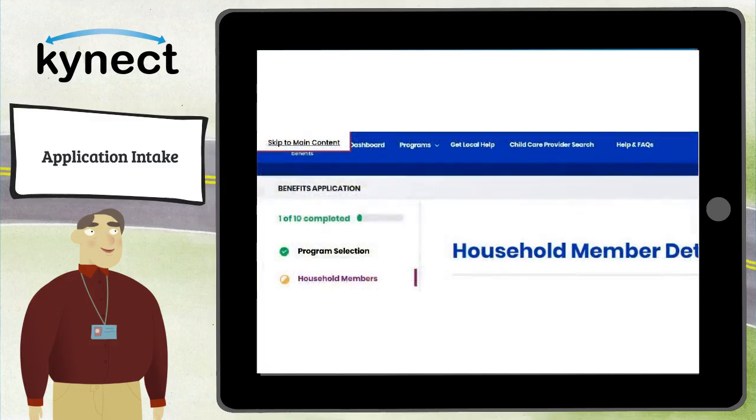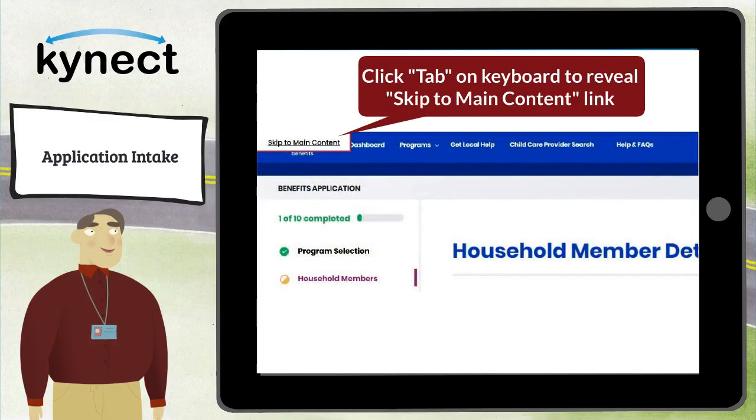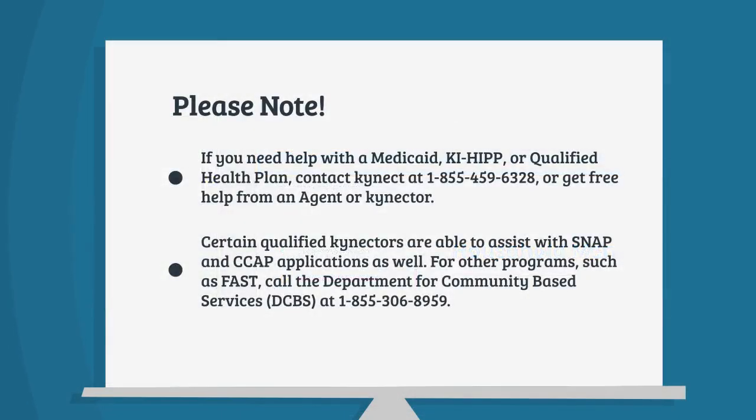Users may also click Tab on their keyboard to reveal a hidden ADA-compliant element with a Skip to Main Content link in a red box that displays at the top left of the screen. If the link is clicked or Enter is selected on the keyboard, the screen moves to the first body content item of that screen. If you need help with a Medicaid, KI-HIP, or qualified health plan, contact kynect at